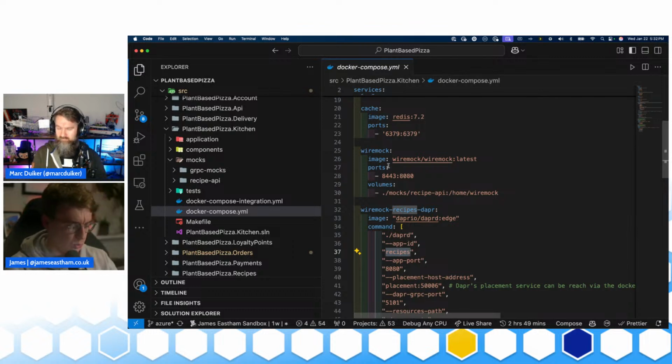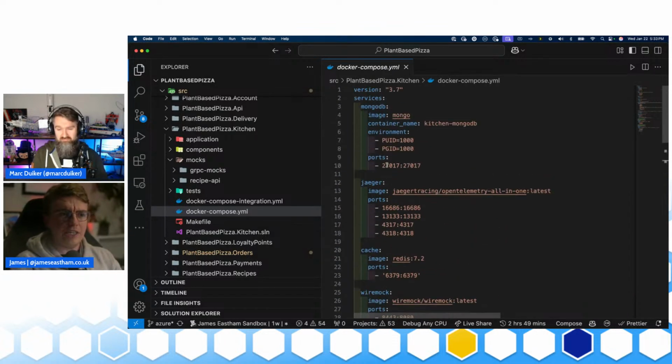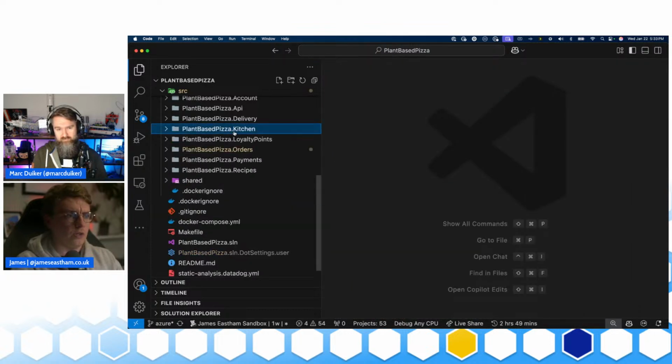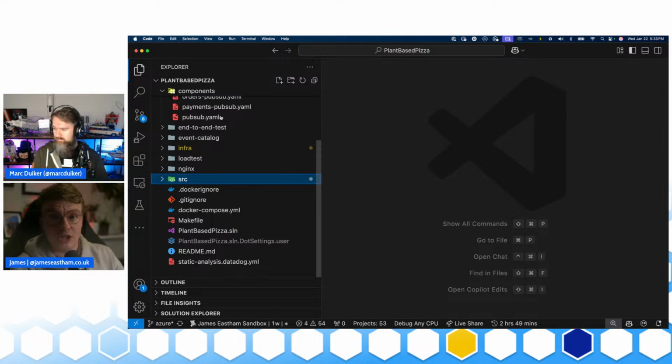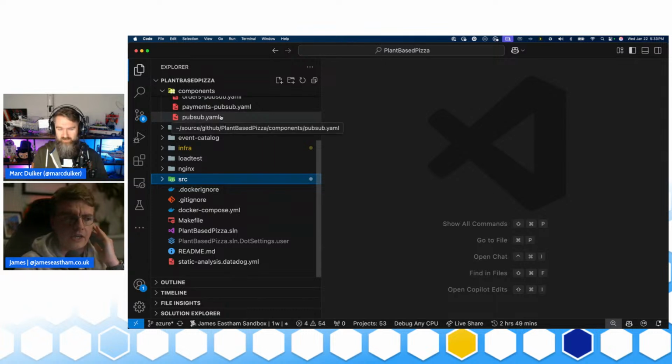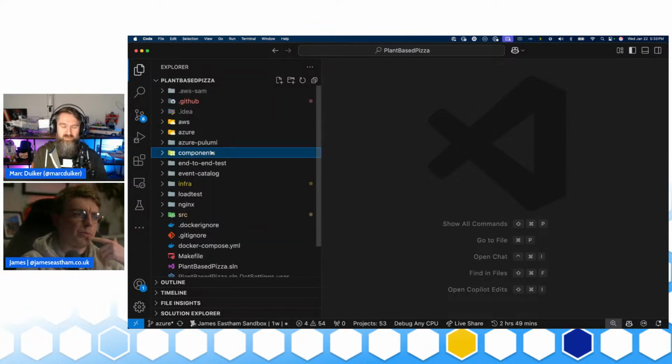Really, really cool stuff. And then right at the start of this, I mentioned that this is all deployed onto Azure and Azure Container Apps. Now, I know you can run Dapr on Kubernetes. I think probably the most common way of running Dapr is Kubernetes, right, Mark? Like that's where most people are running it. Yeah. But I want to talk about serverless things.